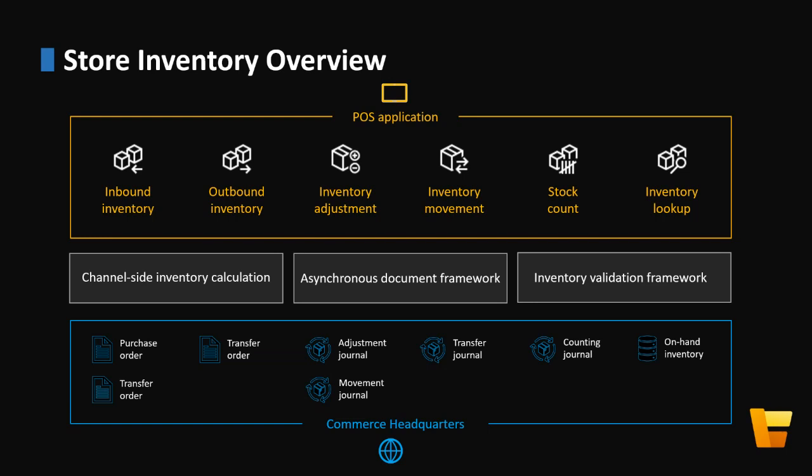And inventory adjustment, movement, and stock count, those 3 operations leverage various inventory journals. And as you may know, an inventory journal is another concept or mechanism in our Dynamics ERP to post inventory transactions